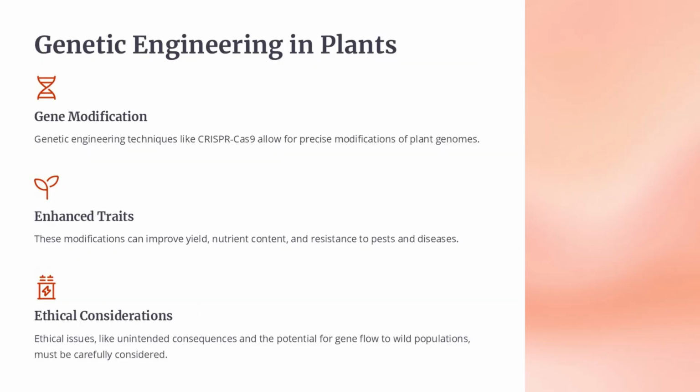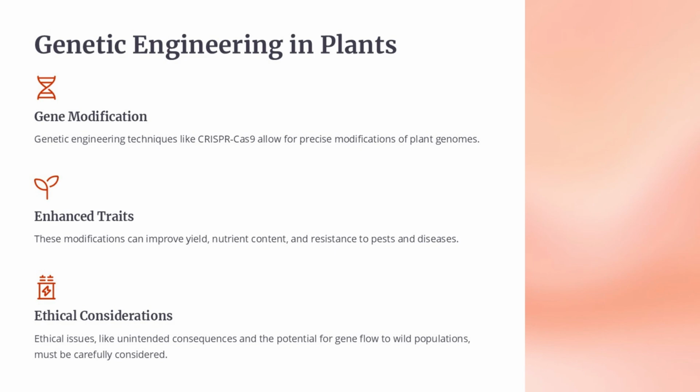Genetic engineering techniques like CRISPR-Cas9 allow us to make precise modifications to plant genomes. These modifications can enhance desirable traits like higher yield, improved nutrient content, and better resistance to pests and diseases. However, we must carefully consider the ethical implications, such as unintended consequences and the potential for gene flow to wild populations. These are complex issues that require thoughtful discussion and evaluation as we explore the benefits and risks of this